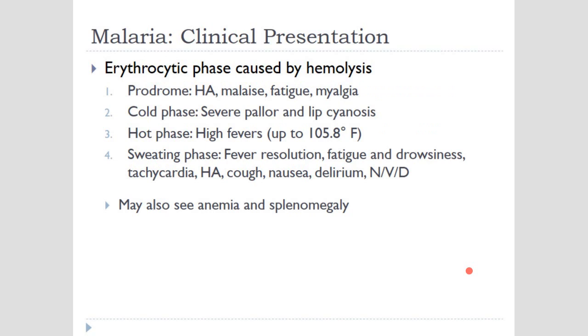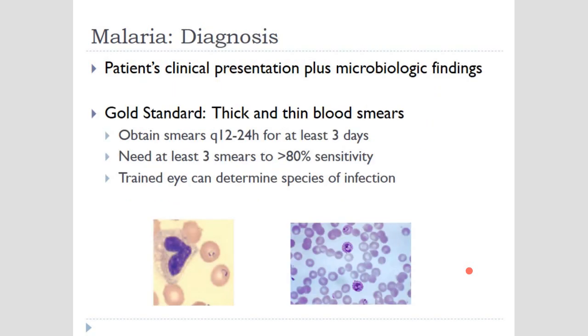And as we discussed in the life cycle, the erythrocytic phase causes death of cells. That's where the problems are coming from. So you have high fever, you have sweating, then sometimes you may have drowsiness, and all the typical symptoms. These people may also present with anemia because the red cells are killed, and they may have an enlarged spleen because the spleen filters the red blood cells, and if they are infected, they're going to be in different sizes and shapes, and they're going to get clogged. So this is the clinical presentation of malaria that we know.